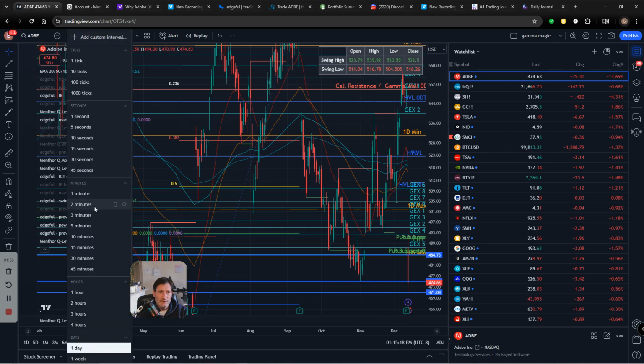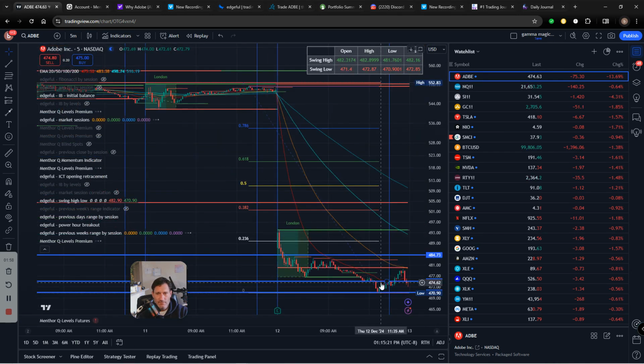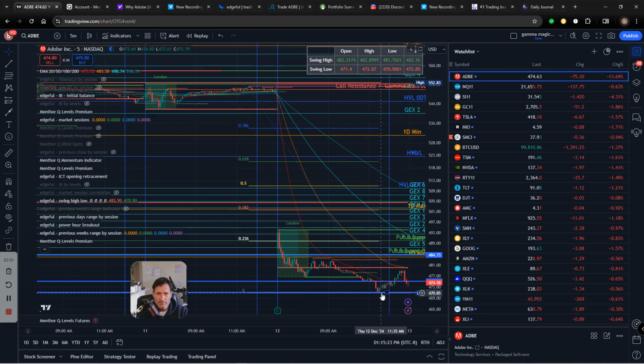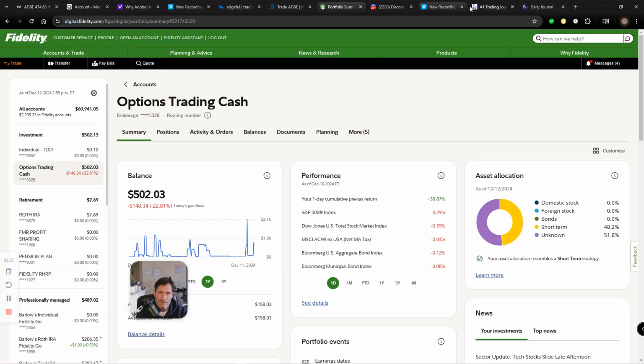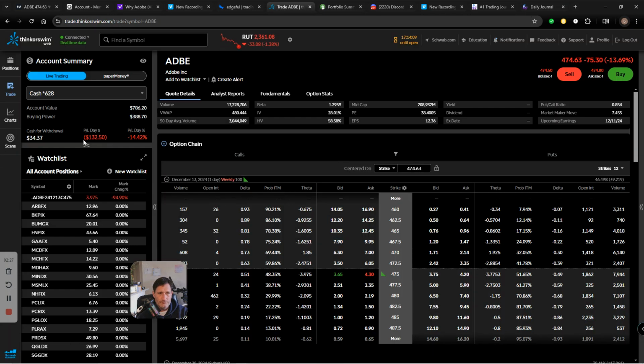And I was just letting this play out. We initially broke down to the 470 level. So I bought in around here, 475. Broke down to 470, still holding. Rode it all the way back up to 479. I was up about $500 here across my Fidelity account and the Thinkorswim account. Ended up taking an L on